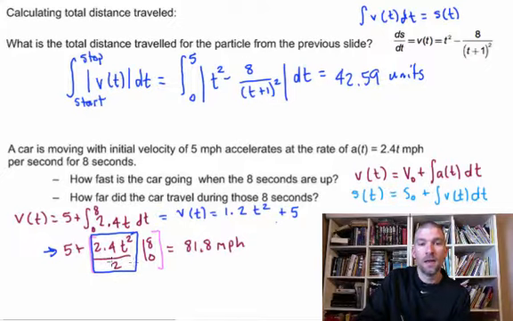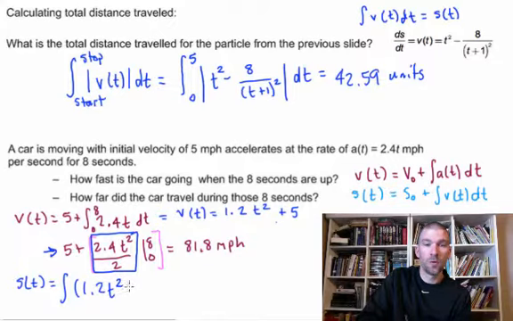2.4 divided by 2 is 1.2 t squared plus the 5. We have to have that because we had an initial velocity anyway. Okay, so how can I find my position then? Well, position is just going to be the integral of the velocity, which is going to be the integral of 1.2 t squared plus 5 dt, which is going to end up being 1.2 t cubed over 3